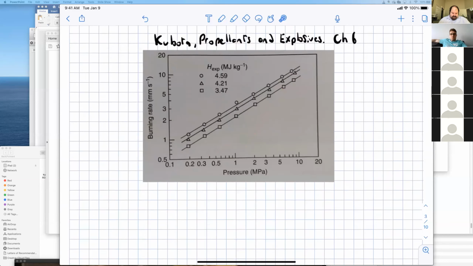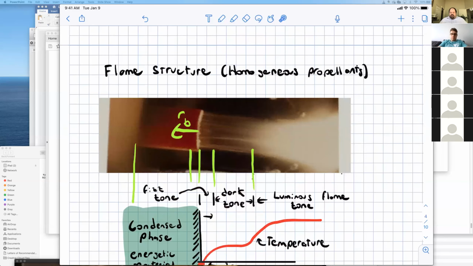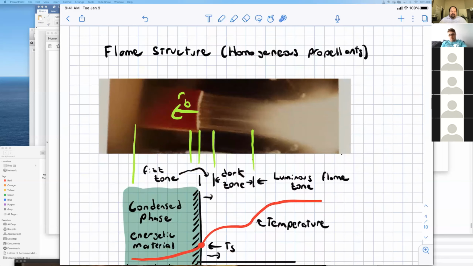Okay, and so now we will look at the flame structure for a homogeneous propellant. I just took the picture from above and turned it to the side. It's basically trying to burn back at velocity RB. And we have a whole bunch of different regions that you can identify here. This region on the gas phase, very close to the surface, is called the fizz zone. The fizz zone is where these gases shooting off of the surface of the propellant are initially